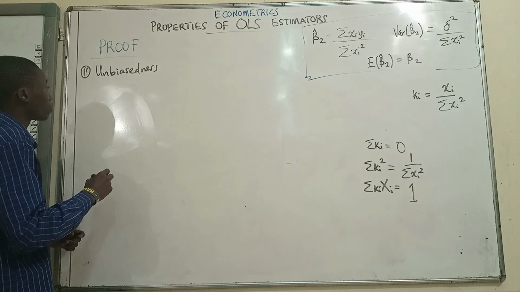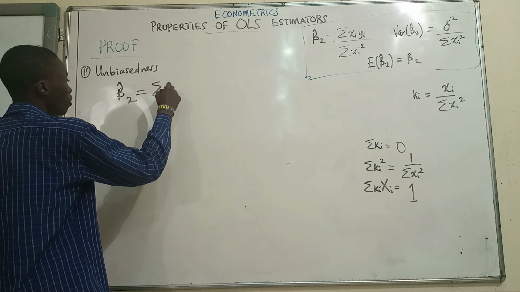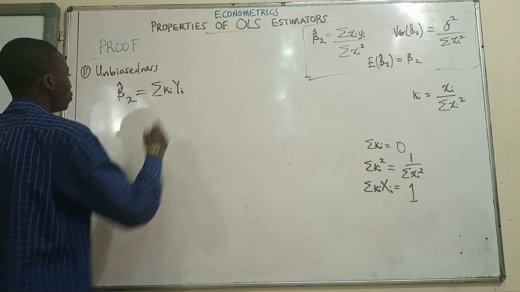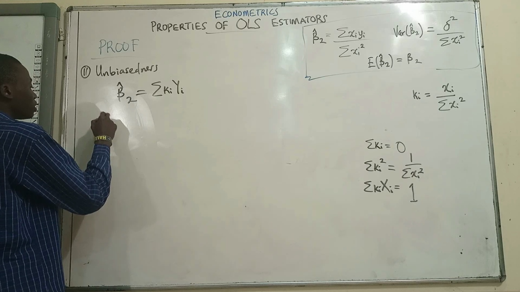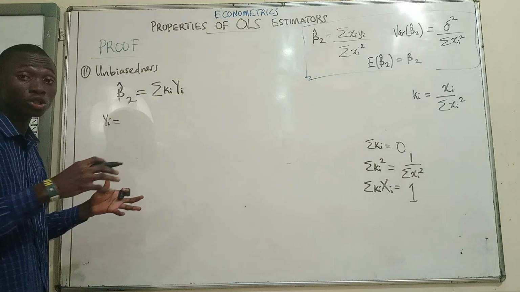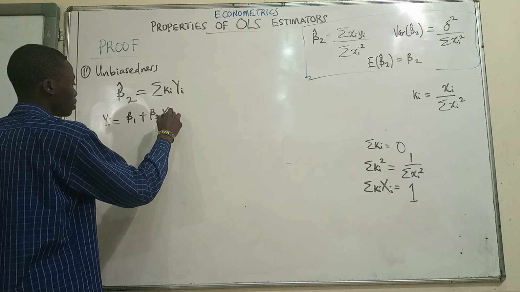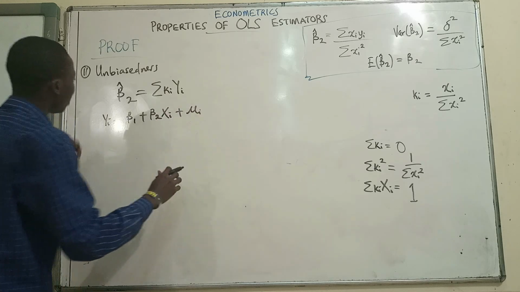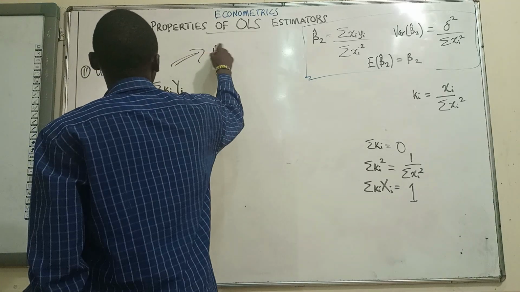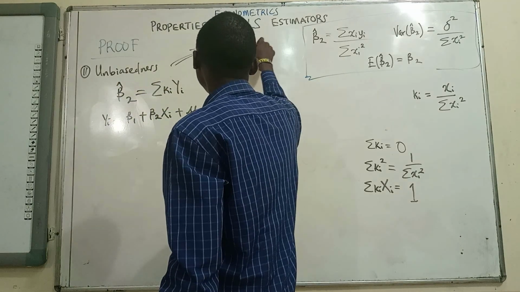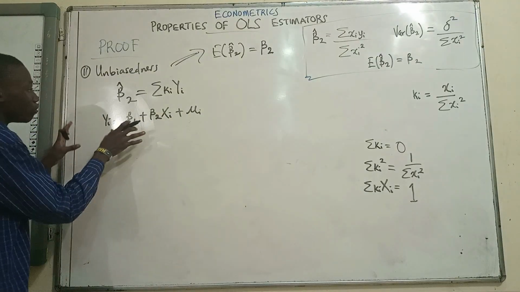Okay, so proving the unbiasedness property, recall we said beta 2 is a linear function of the dependent variable y with k serving as weight, so sort of like an average. And recall that yi, the stochastic specification of the population regression function, is beta 1 plus beta 2 xi plus mu. Where we are working towards with this unbiasedness property is that we are trying to prove that the expected value of beta 2 is equal to the true beta 2. That's the goal here. So putting the value of y in here,